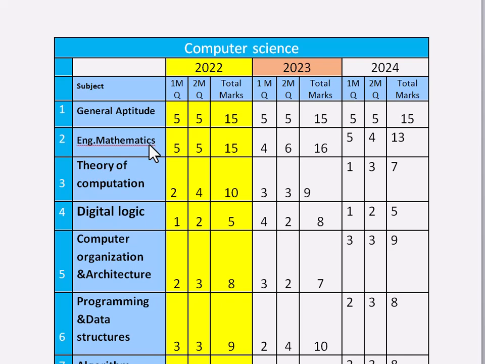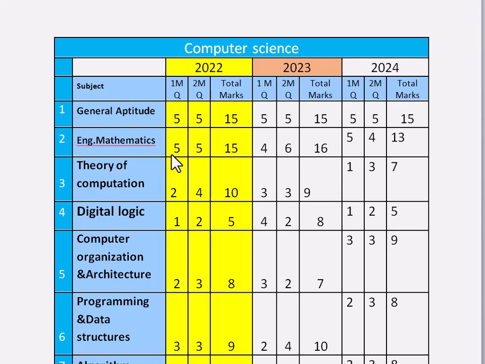Similarly, in engineering mathematics, in 2022, 1 mark questions were 5 and 2 mark questions are 5 and total marks are 15. Whereas in 2023, the engineering mathematics 1 mark questions are 4, whereas 2 mark questions are 6, and